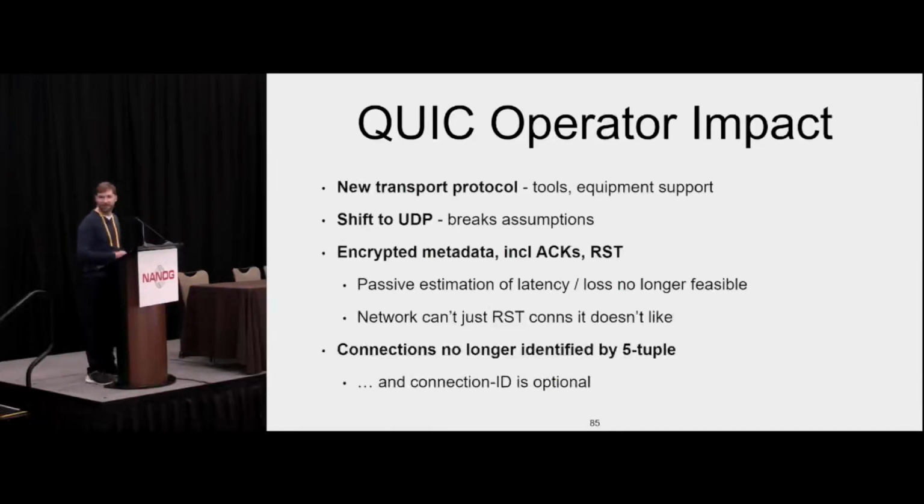As I said before, connections are no longer identified solely by 5-tuple. Also, there's a lot of discussion around what connection ID is going to look like. It's possible that there will be bidirectional connection IDs, so one going in each direction. It's almost certain that connection ID will be optional. So again, it's kind of up in the air, but the moral of the story is that assuming 5-tuple stability is probably a better idea than assuming connection ID stability.